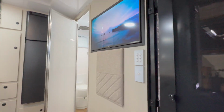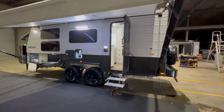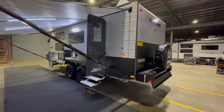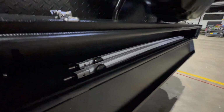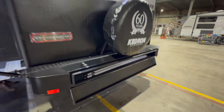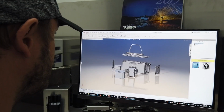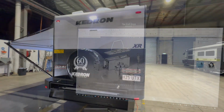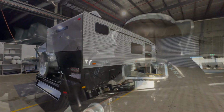It also features a brand new rear bumper system with a drop lid and storage for the likes of curved roof rafters and the anti-flap kits as well. So plenty of space in there for storing that. The single spare is mounted like a tow bar on a vehicle with beautiful strong steel, with the engineers that developed that. And then to wrap around the offside, just to show, this one rides on